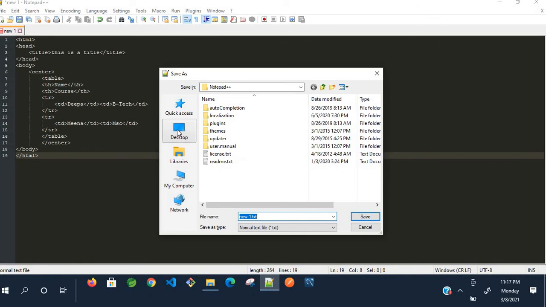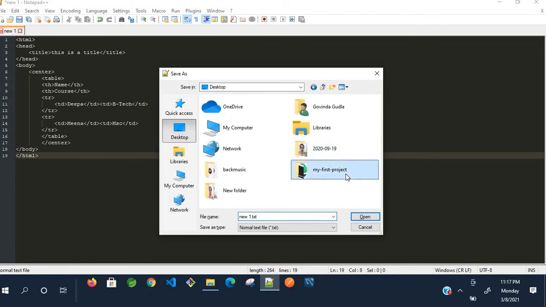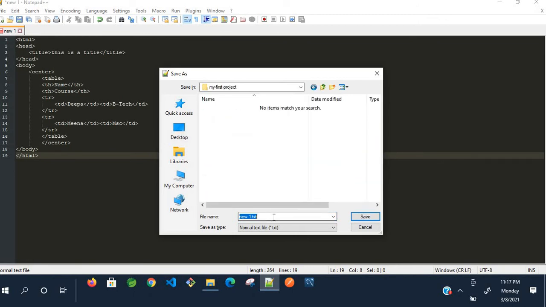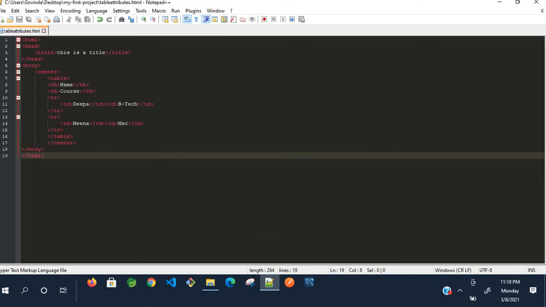As I told you, I have all my files inside a directory. So here I'm giving table attributes .html. Save it.